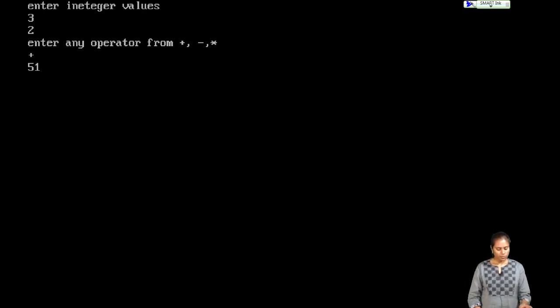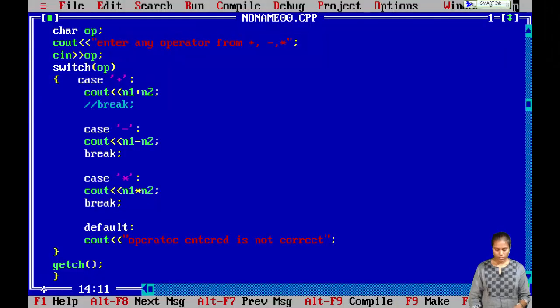Both are separate. The 5 is 3 plus 2, for the operator plus, and the 1 is for the operator minus, that is 3 minus 2 is 1. Why? Because as we have removed the break statement, the compiler doesn't stop the execution. It immediately switches to the next case available and executes that case also. That is why we use the break statement under each and every case in a switch statement.